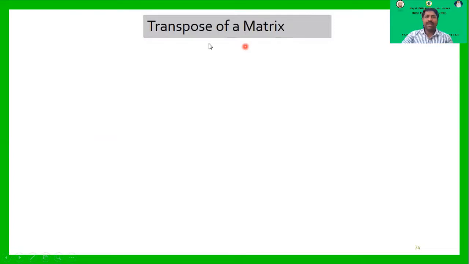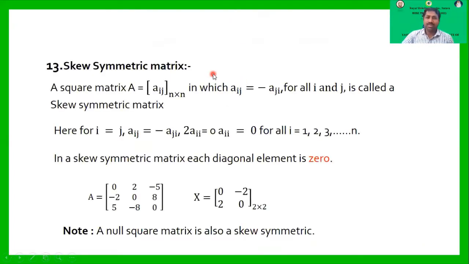Now, transpose of a matrix. So we have seen there are 13 types of matrices. The first one is row matrix, the second one is column matrix, the third one is square matrix, zero matrix, and after that all the definitions depend on square matrices. So for a matrix to be a scalar matrix, diagonal matrix, symmetric, skew symmetric, singular, non-singular, that matrix must